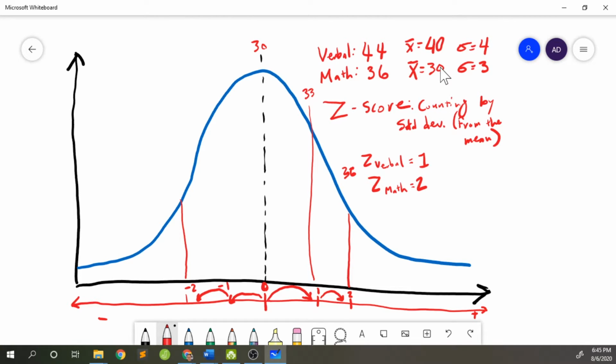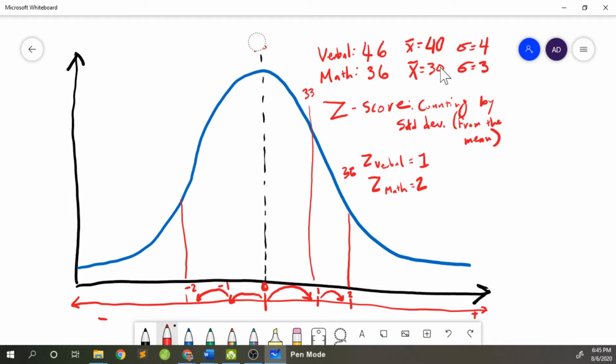So this is useful. Now that we know how to count a z-score, it's real easy when you have scores that are exactly a whole number of standard deviations. But what if instead my verbal score was, instead of 44, what if it was 46? What do we do then? Well,